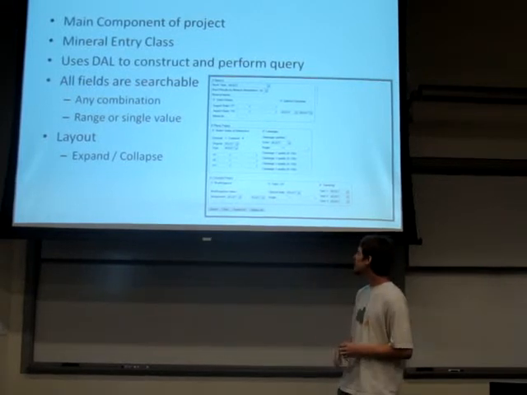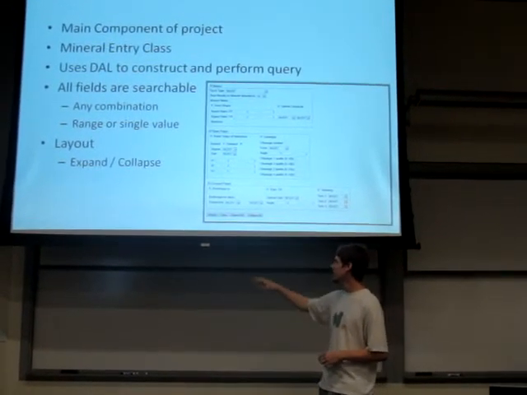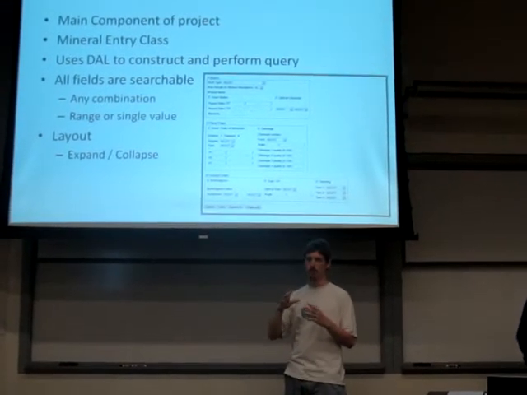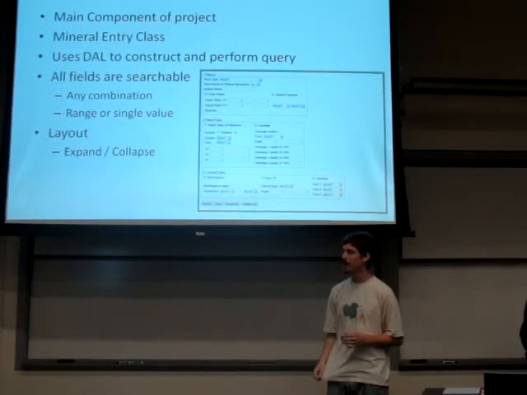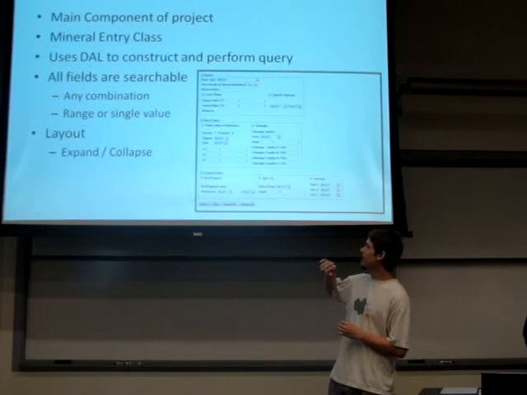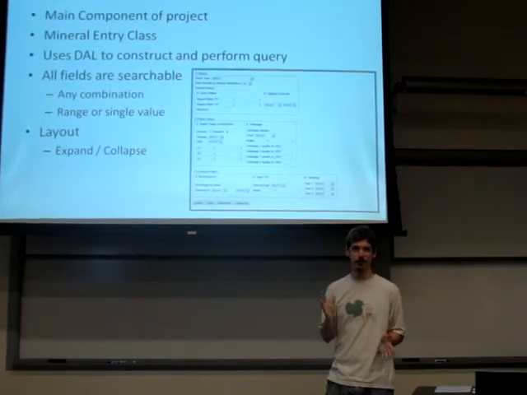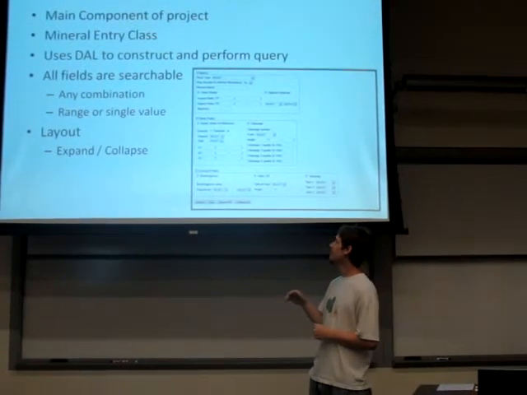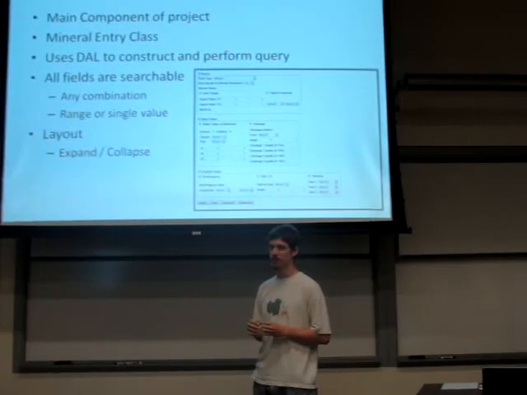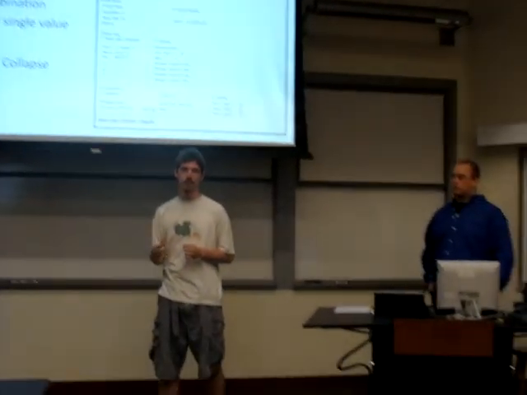And the search. So this is our main search page with everything expanded. It does have this expand and collapse so that you can view only what you want. It keeps everything in a single page. It makes it really easy to see. Without this portion of the project, there is nothing. So this was very important. We use a mineral entry class, with basically anything from this page put into a mineral entry class that is then used